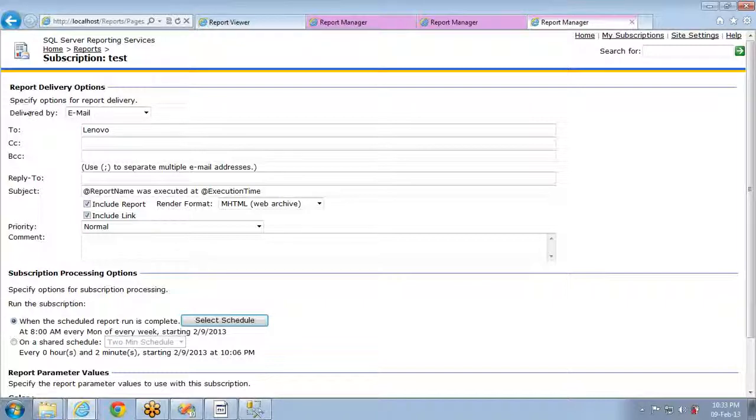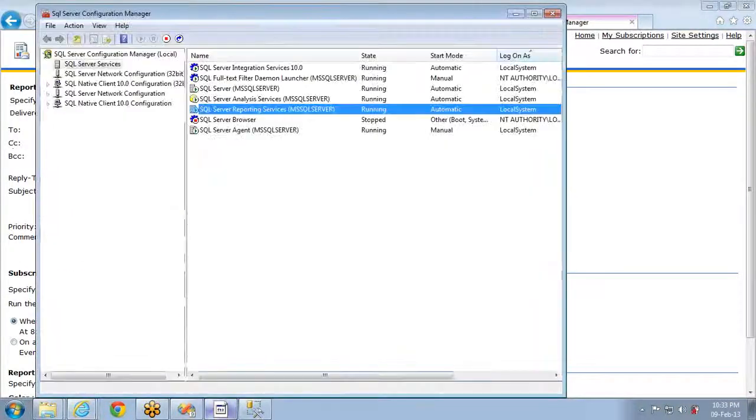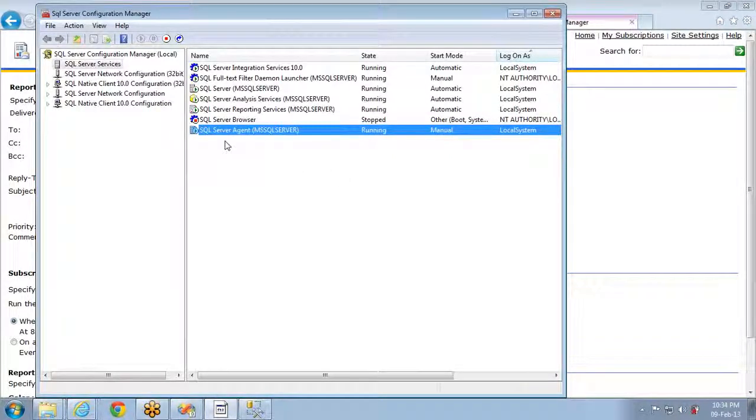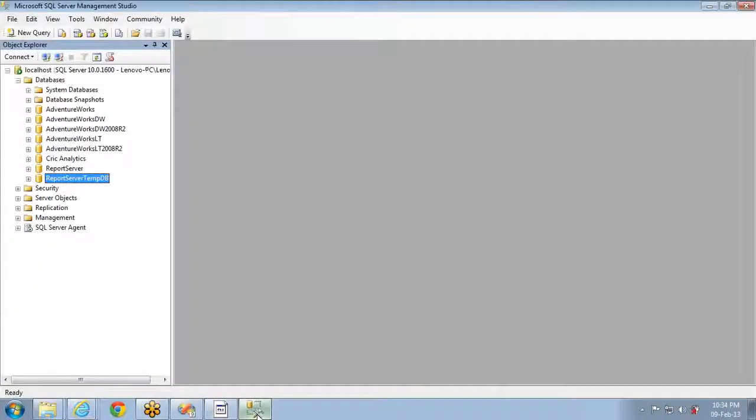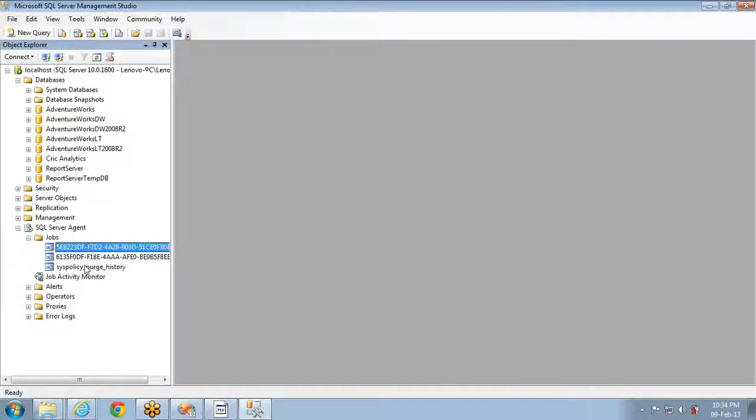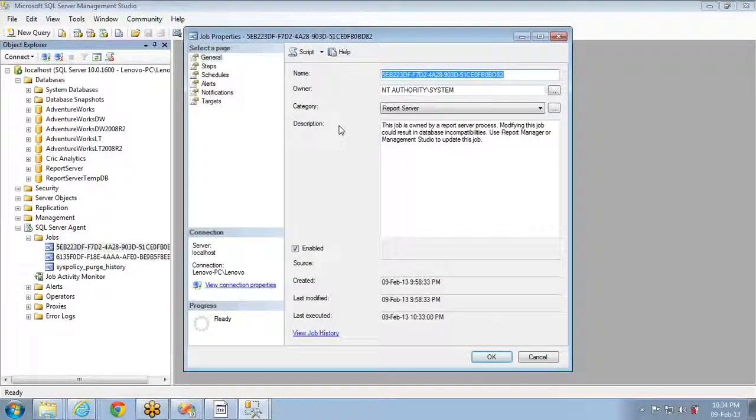And keep in mind, whenever you are working on the subscription schedules and all those stuff, you have to make sure that SQL Server agent is running. If SQL Server agent is not running, then nothing will work. So why I'm saying is, if you see under SQL Server agent and under jobs, all the subscriptions you created will be created here in the SQL Server agent. That is why SQL Server agent should be running. If I double click on this unique ID, you can't understand what this ID means.